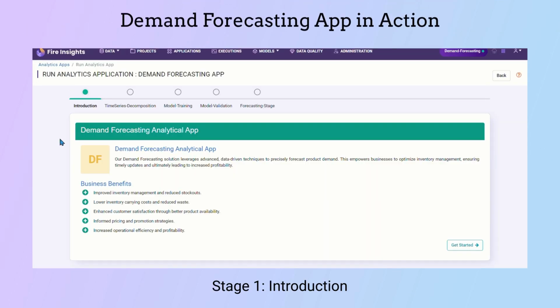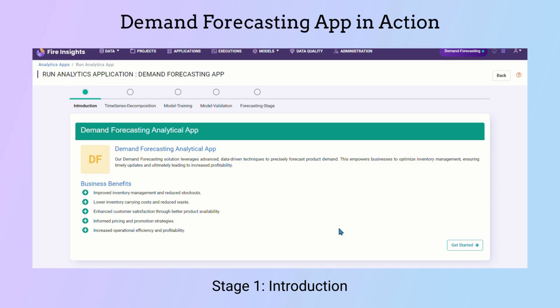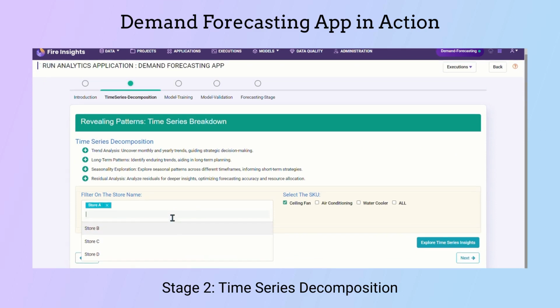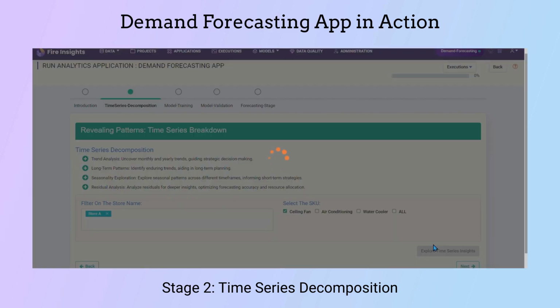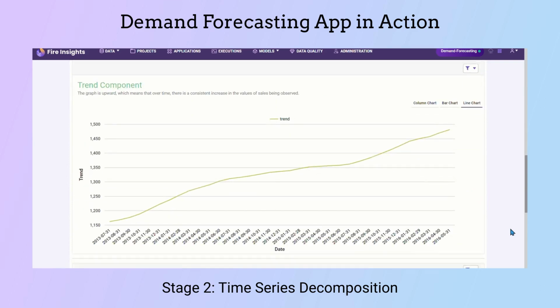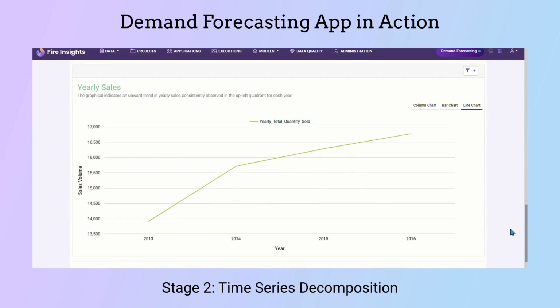Upon opening the Demand Forecasting app, we begin with the introduction stage. Here, you will discover an overview of the app and the valuable business benefits it provides. With time series profiling, one can get a clear picture of how the sales have been behaving over time, making it easier to spot patterns and understand what's driving sales. Users can choose to apply the dataset profiling to a select few or all stores and SKUs. The output of the stage displays visualizing trends, seasonality, and residuals in the dataset that enhances comprehension and aids in forecasting